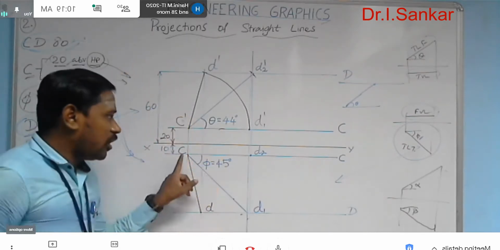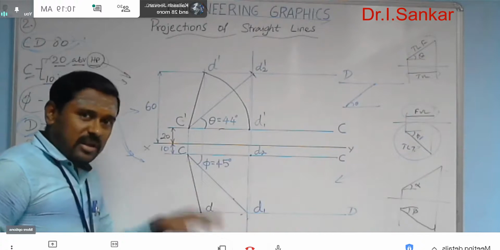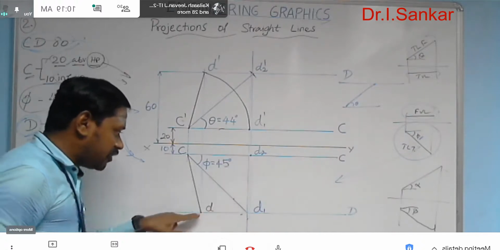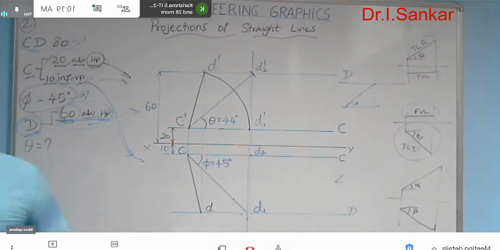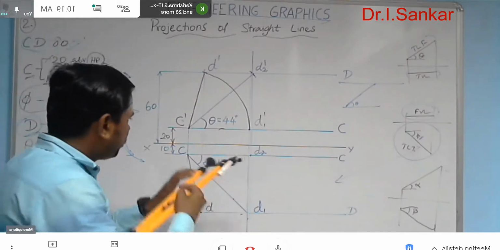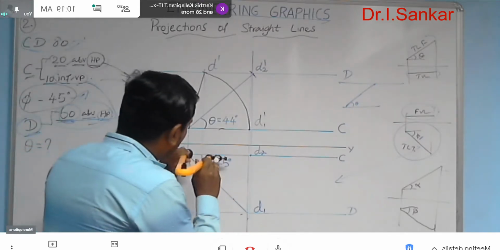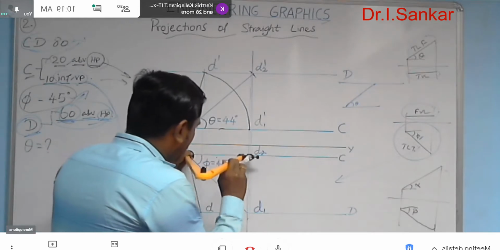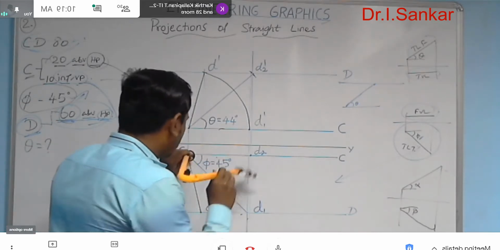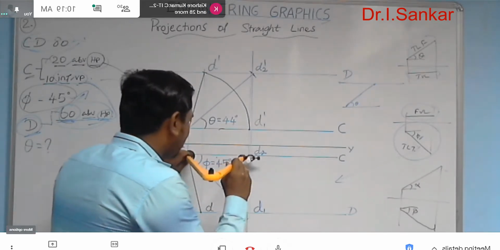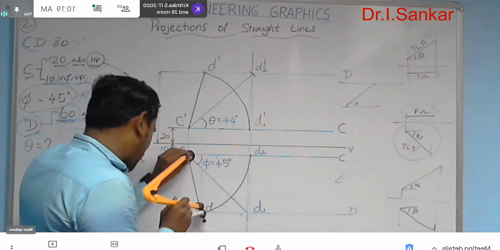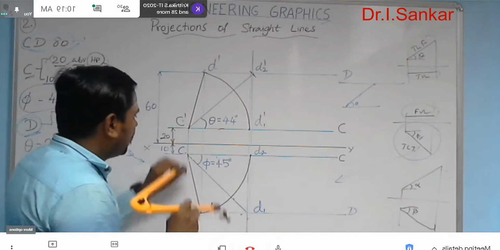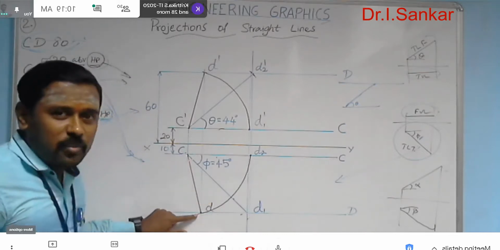If you follow the arc method, there also the arc will end up with the point D. You can check it with your exact dimension answer. Yes, I am getting it. See here, however I am following the arc method, now also you can connect with the point D.